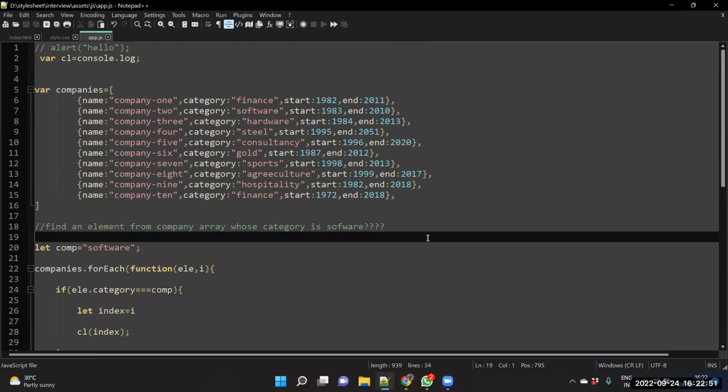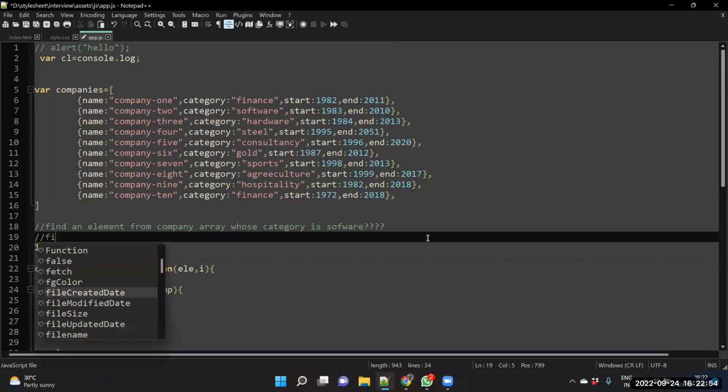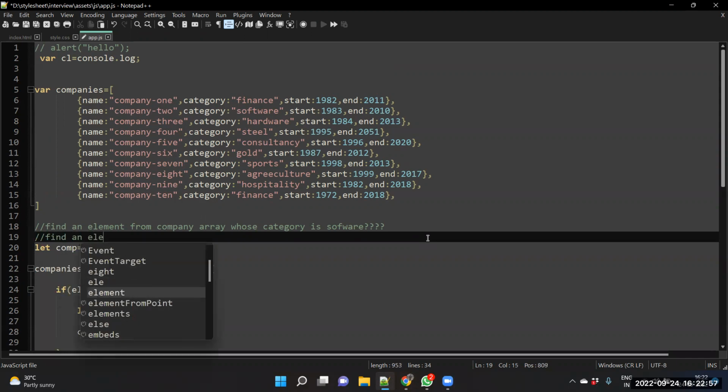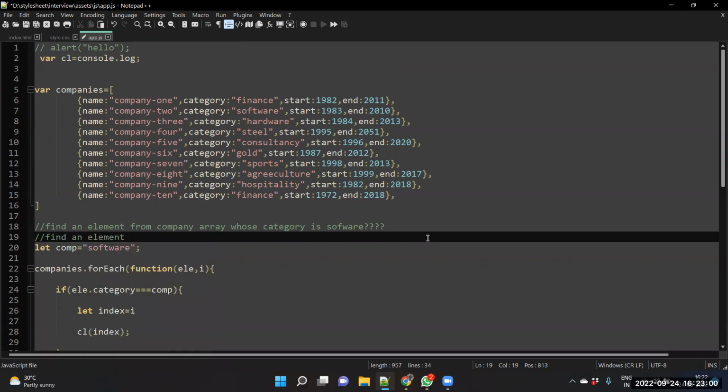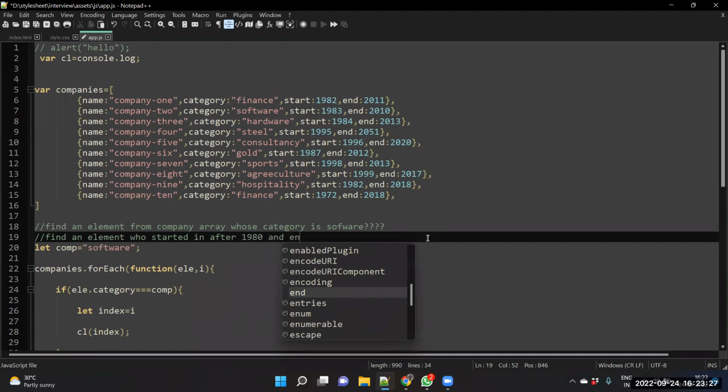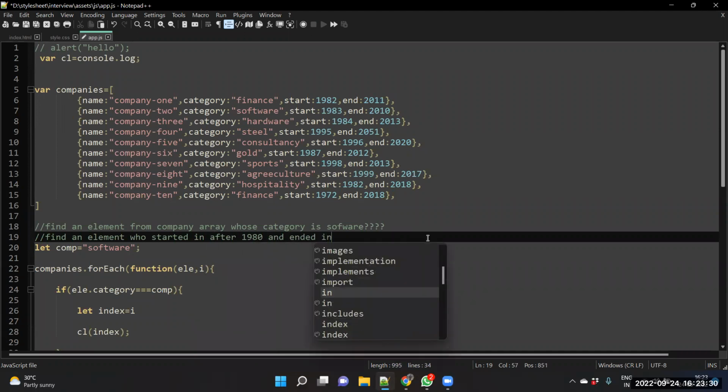You have to find an element which started after 1980 and ended before 2010.